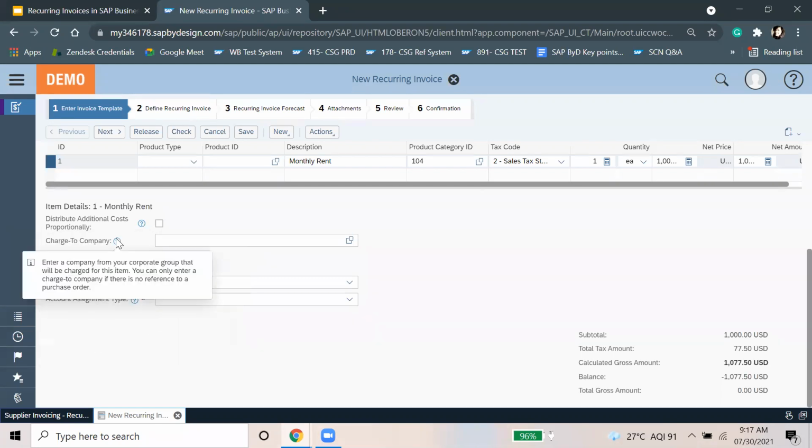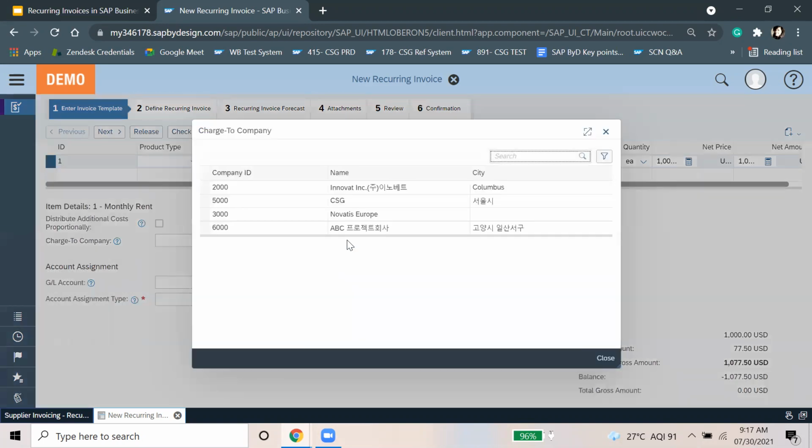And then there's a charge to company. This is the intercompany scenario. Charge to company is when we can enter a company from your corporate group that will be charged for this item. You can only enter a charge to company if there is no reference to a purchase order. Basically, this is for each item that you want to charge to a partner company.